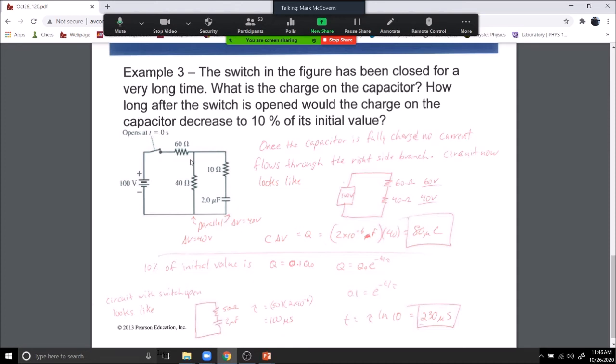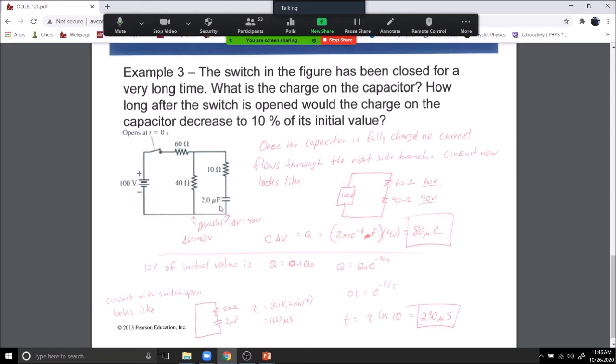Okay, well, if I open the switch, I'm just traveling in a loop now. I don't have options anymore. So therefore, the parallel configuration is gone. Anyway, the equivalent resistance would be 50. The RC circuit therefore has a time constant of 50 for the resistance and 2 times 10 to the minus 6, so 100